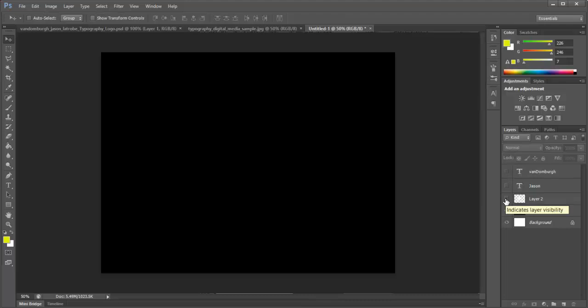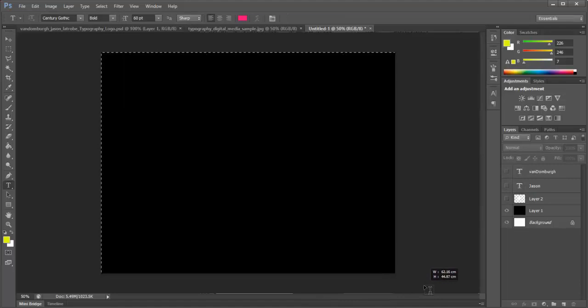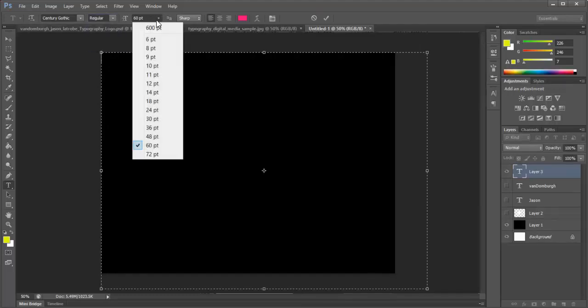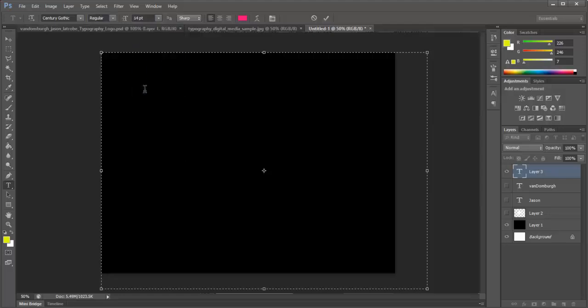And now we want to create a new text layer, and this text layer is going to form all the text we have in the background. T for text. Draw a text box. At the moment, run off the canvas size just a bit, like so. Century Gothic, regular weight. Font size 14, you can go smaller. The smaller you go, the more processing power you need from the computer, so the more patient you'll need to be. We're going to set our colour,